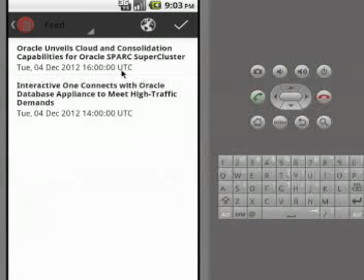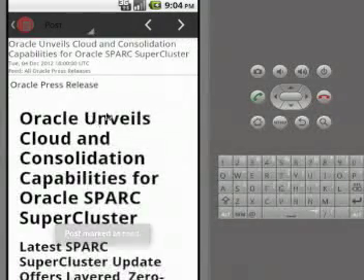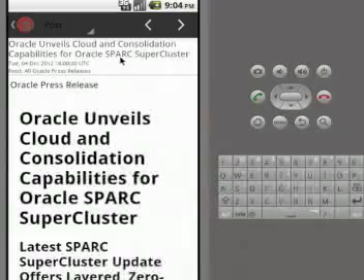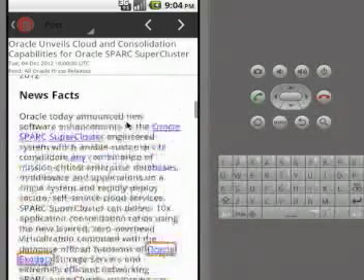Something interesting to see is which feeds are now read. For now we haven't read any feed, so we can see in bold both feeds from Oracle. Once we press one, it will be shown as read, just in regular letters. Okay, once we press, we are accessing. See here in regular letters, we can read all the post